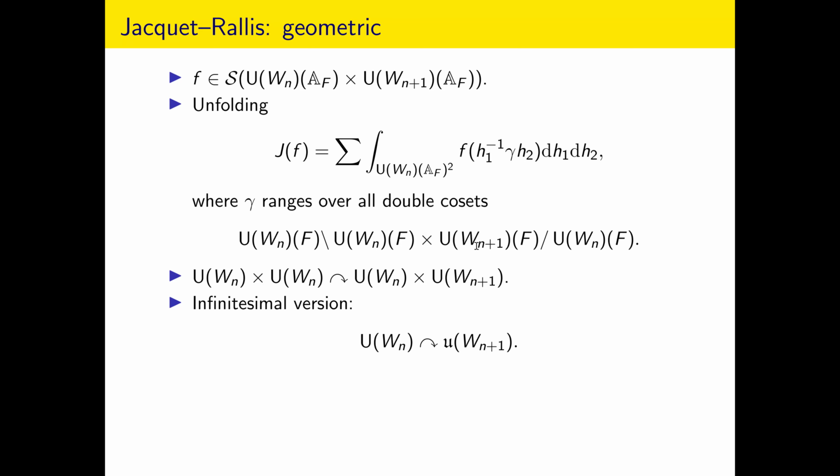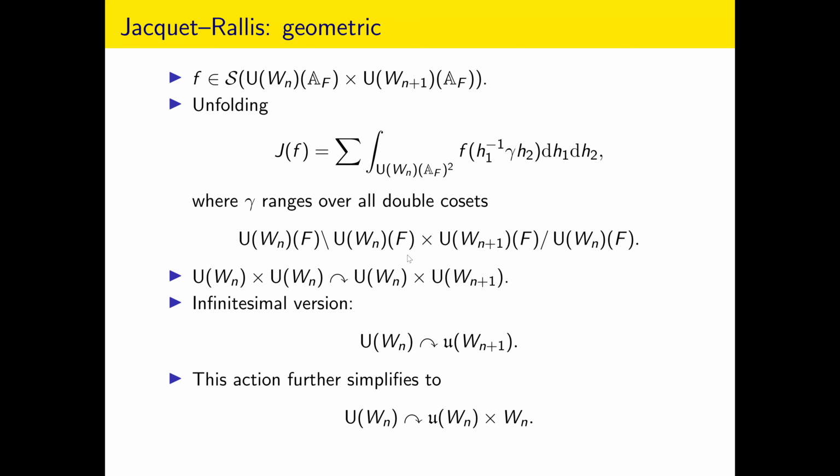And somehow you should think of this as some sort of local information at that place. And this one is much easier to understand if you simplify this action a little bit, and then you're going to see that the so-called infinitesimal version is in fact much easier to understand. It's the conjugating action of the unitary group U_n on the Lie algebra of U_{n+1}. And this action further simplifies to